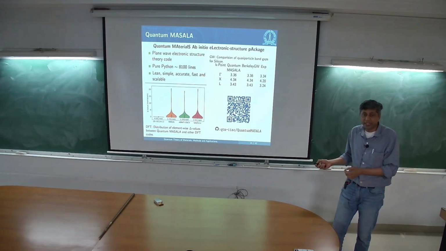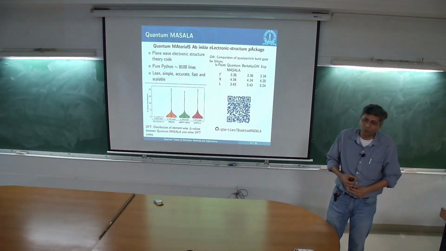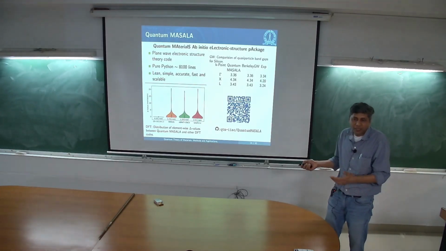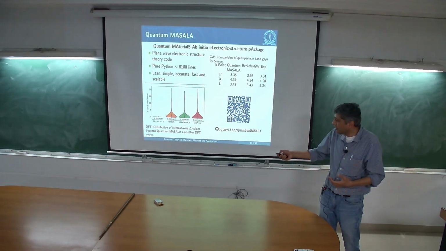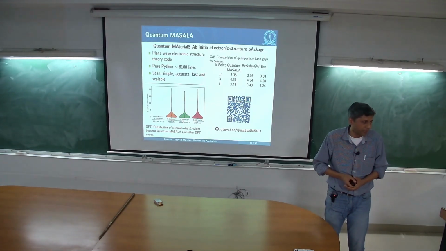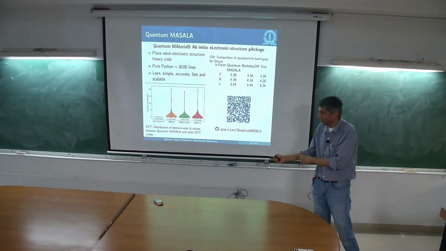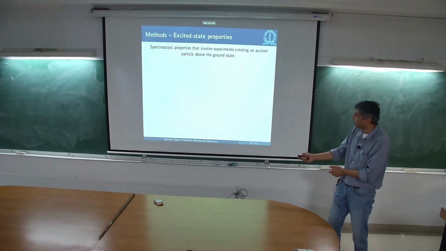Oh, actually, I didn't say here. You'd think that if it's written in Python, it will be so slow that it won't be worthwhile, right? Actually, it turns out it's only 10% slower than the fast Fortran codes. So you're not sacrificing on speed when you look at this code. Just a plug. Okay, let's get back to physics again.